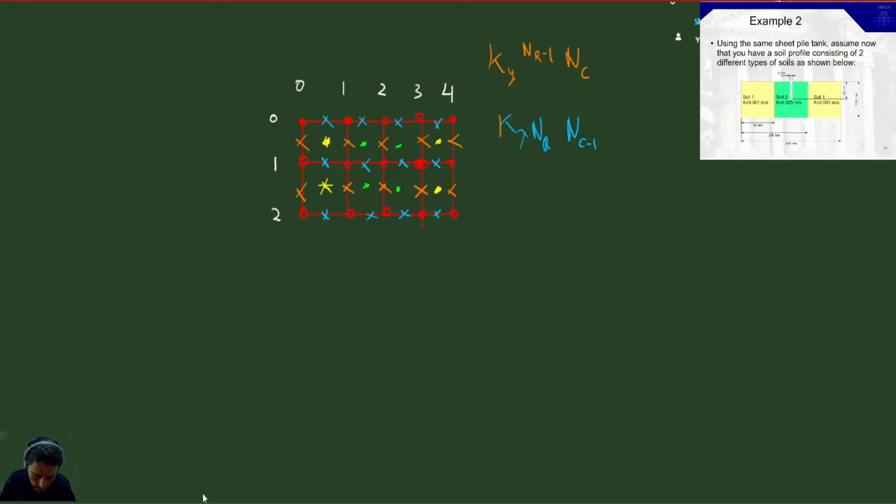And this one will be Ky. Because I'm averaging in the vertical direction, but in this case it's the average of constants, so it doesn't really make a difference, right? If I average 0.5 times that